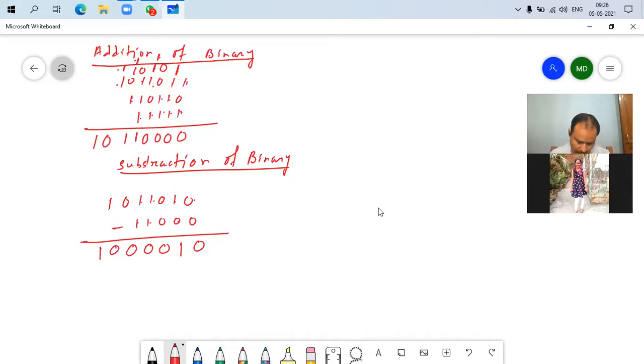Then we have the remaining digits. That's very simple, isn't it? But there are complications too. Now, this is the example where we simply did the subtraction without borrowing. Now, all the time that doesn't happen. Sometimes we need to borrow also. So how do we do it when we borrow? Let us take some example.